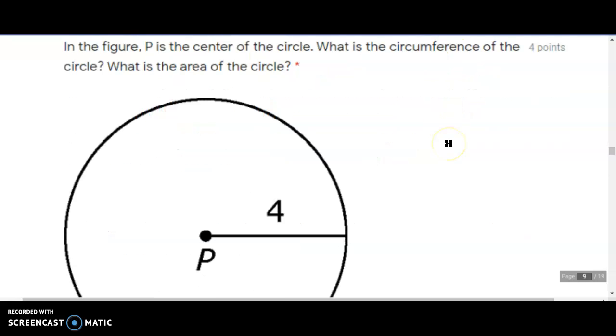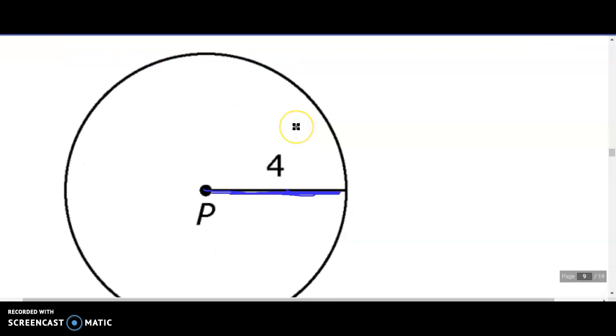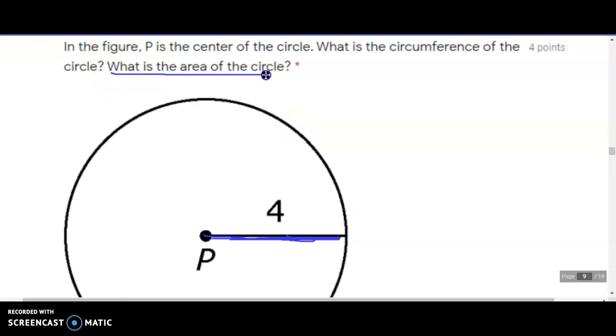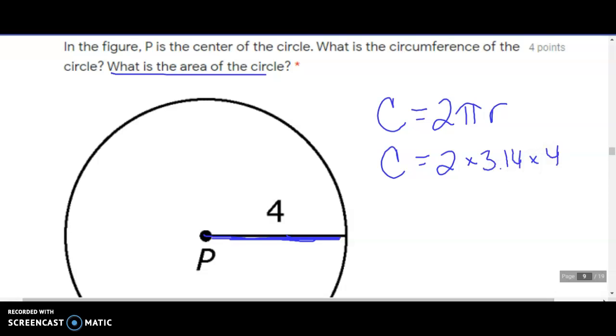Okay? All right. So in this one, we know the radius, because this is the radius right here. And they said, what is the circumference? So we're literally just going to use, and the area. So we want to know the circumference and the area. So we're going to use C equals 2 pi r. C equals 2 times 3.14 times 4. C equals